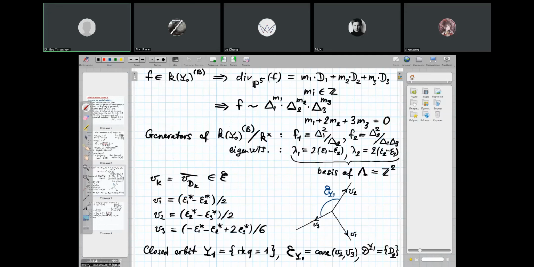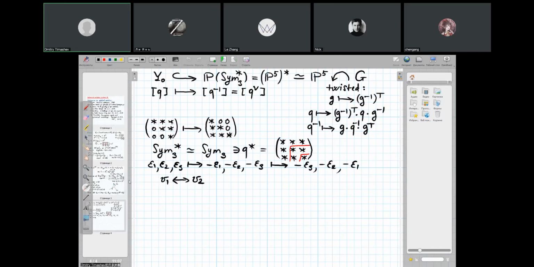If you look at v1 and v2 here, and you replace epsilon 1 by minus epsilon 3, epsilon 2 by minus epsilon 2, and epsilon 3 by minus epsilon 1, then this will interchange these two vectors. And the vector v3 will be interchanged with the vector v4, which is the following,